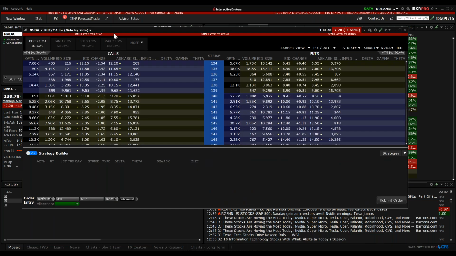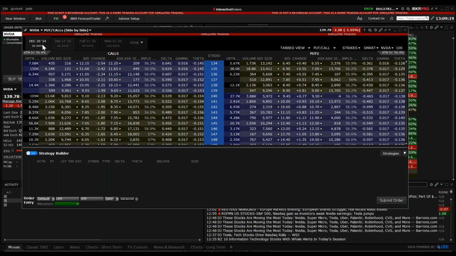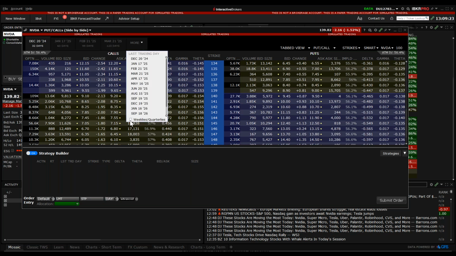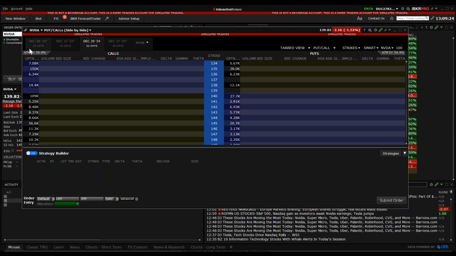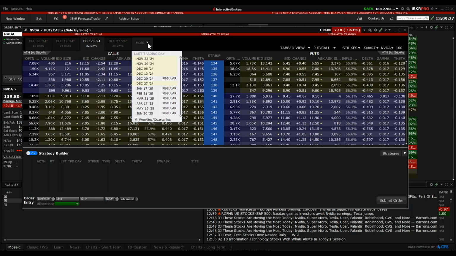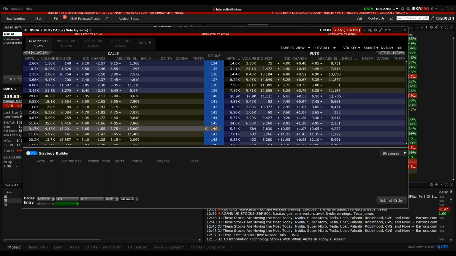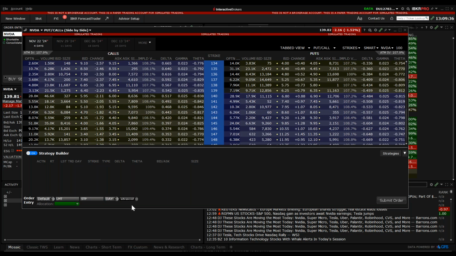And then you select your month across the top. If you don't see the nearby option that you want, use the more drop-down box. Click on the weeklies at the bottom, and that's going to now give us everything we want to see. So I probably want to do something like the 22nd, 29th. Yeah. And then just build it out as we did before, then save to a watch list, and then you can monitor that throughout the week. Yeah, so putting it on the watch list is the key. Yes. Okay.